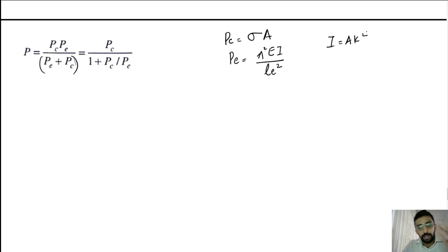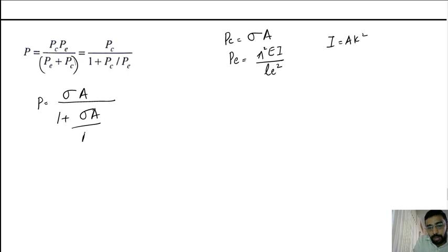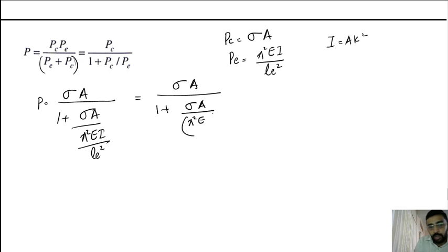So all these things we are going to substitute in this equation. Which is nothing but Pc is equal to sigma_u into A divided by 1 plus sigma_u into A divided by pi square EI by Le square, and again sigma_u into A divided by 1 plus sigma_u into A divided by pi square E into I, which can be rewritten as A K square, divided by Le square. And when we solve this,